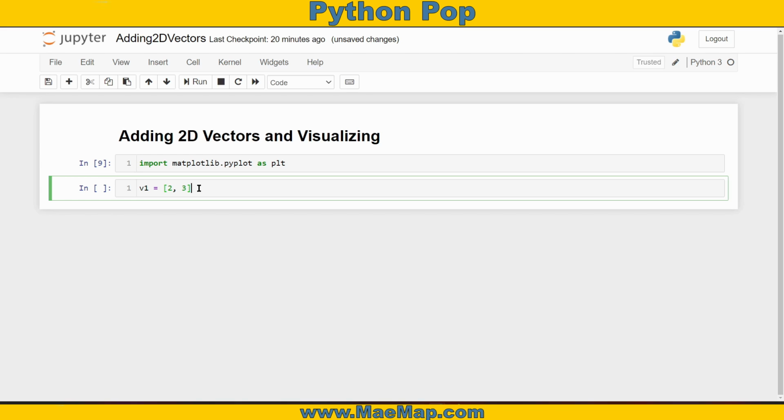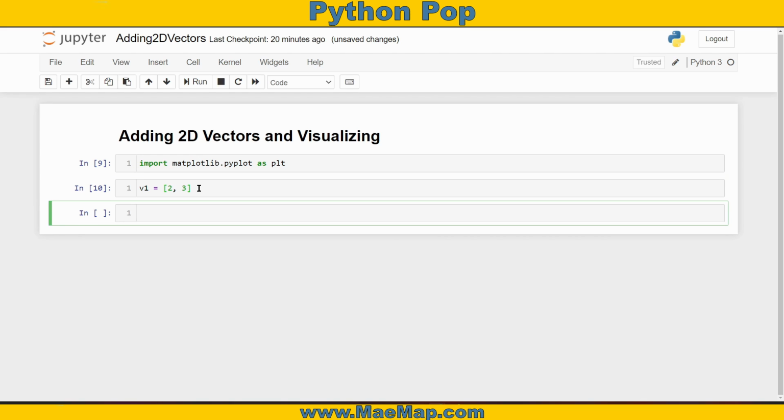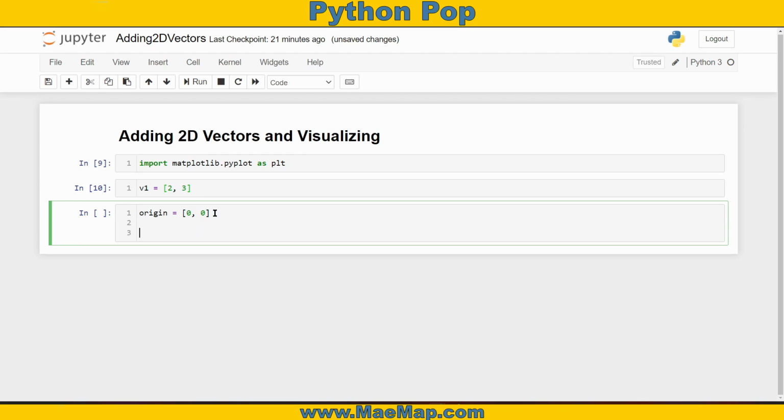So when we're plotting this, if a vector has a direction and a magnitude, we need to specify its starting location or its tail. So we're going to say that our origin, or our starting location of the tail, is going to be at 0, 0, because what I want to do is visualize this on the XY coordinate system. So let's start that tail at 0, 0. Now we're going to set up our plot. So fig, ax, we're going to set those as